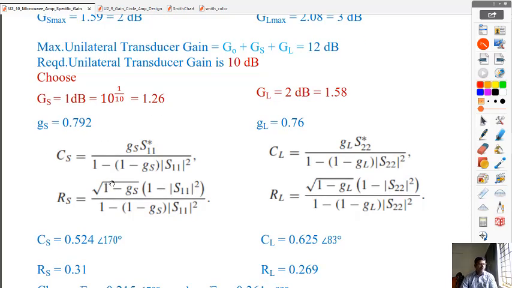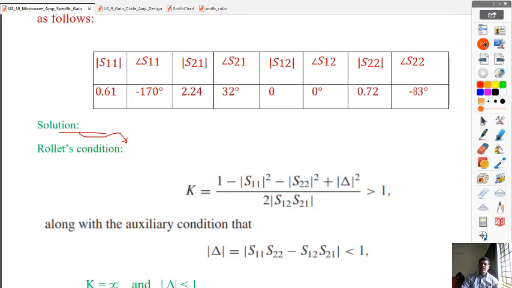The next step is we have to compute the center of the gain circle and radius of the gain circle, one at the source, another one at the load end. So this is the formula to compute the center of the gain circle at the source end. CS equals GS times S11 star. GS is this value. We can put it over here. We need to have S11 star. So the S11 star value, this is the S11 value